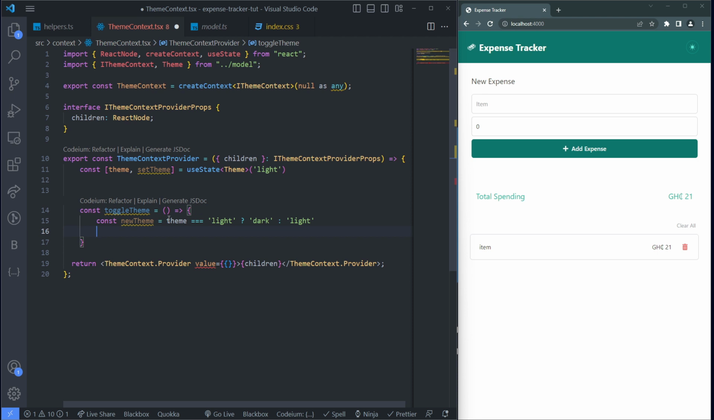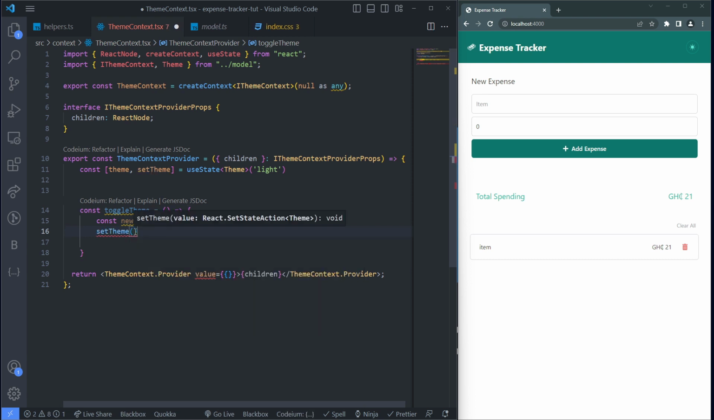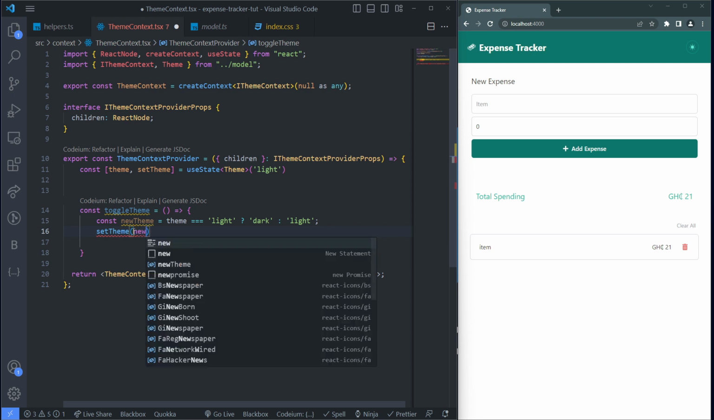Right. So this is going to check if the theme is light. Then when I call this function, it's going to toggle it to dark. Otherwise, if it is dark, then it's going to toggle it to light. Right? Very simple. So once it does this, then we can now set our theme here to the new theme,